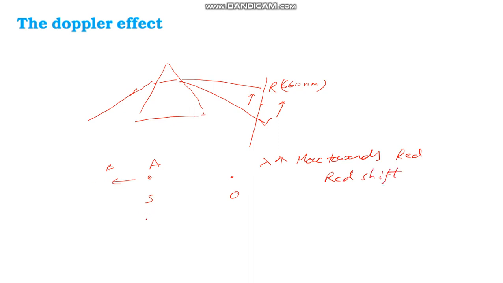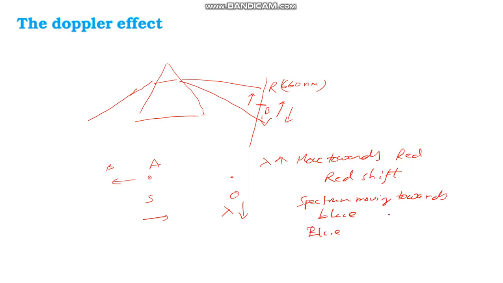When the source is moving towards the observer, what happens? Lambda value drops. Lambda means basically wavelength. Lambda value is dropping. So the spectrum shifts towards, see, somewhere here will be blue, right? From the average, the spectrum will shift towards blue. When the lambda drops, we say that the spectrum is moving towards blue. This is called blue shift.